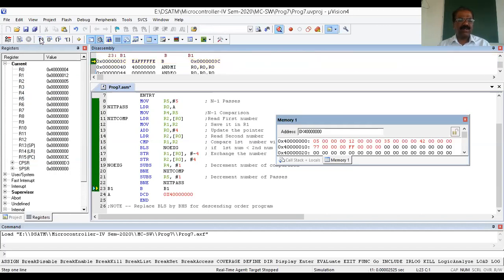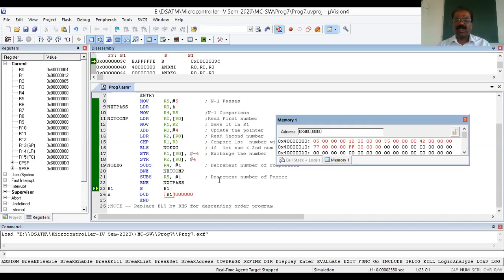So you can see R5 comes out. Now the pointer is here, that is stop. Everything, all the process is completed. You can see the content of R5 becomes 0. See, R5 becomes 0. Number of passes becomes 0. Then only it comes out of the loop. Now this is R5. Subtract R5 by 1. Then branch if not equal to the next pass. Therefore, once R5 becomes 0, it comes out of the loop.